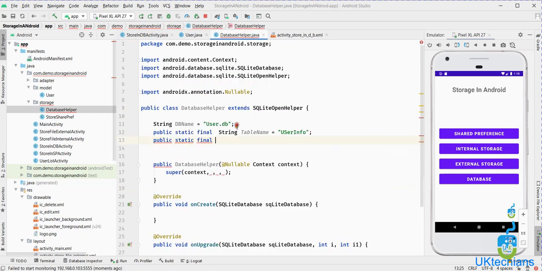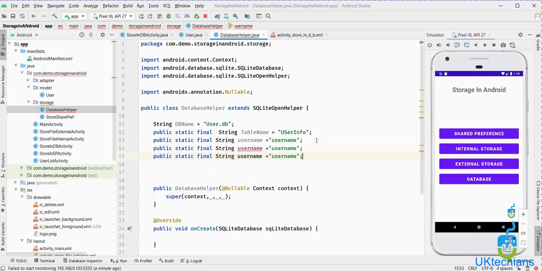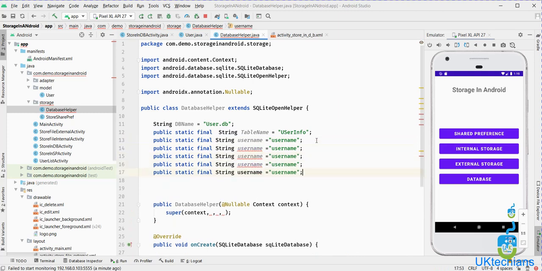So let's add them as username equals to username, then add the data type, and I will do it like that. Just copy paste and replace this. So we will just add the columns.